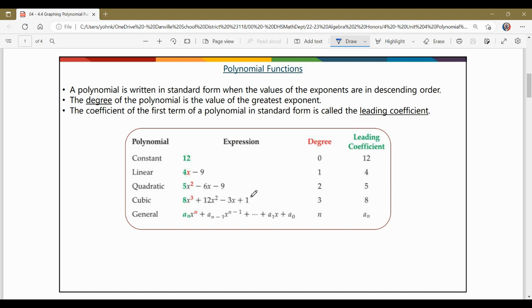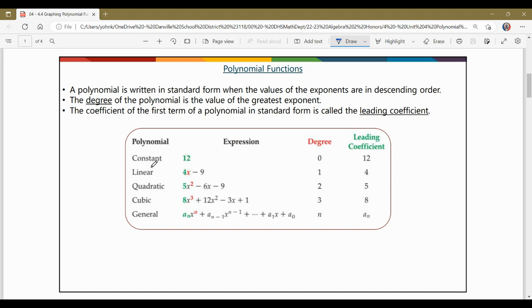The degree of the polynomial is the value of the greatest exponent. So for instance, the only exponent here is a 1, x to the first, therefore the degree is 1. Out of an exponent of 2, 1, or 0, 2 is the greatest, that's the degree. Notice also that a constant has an x to the 0 power, which is why it's always just a plain